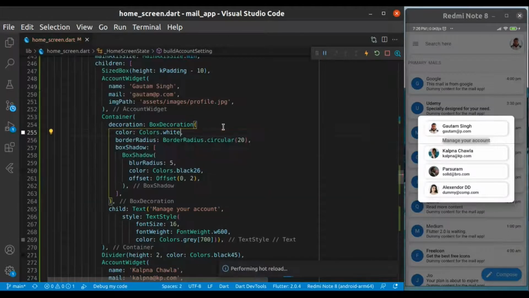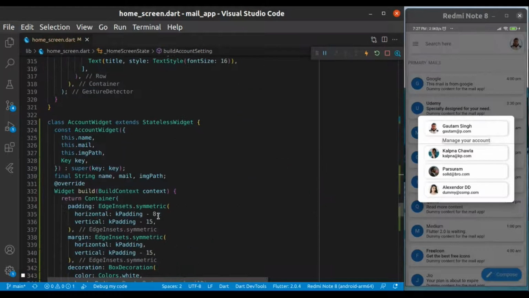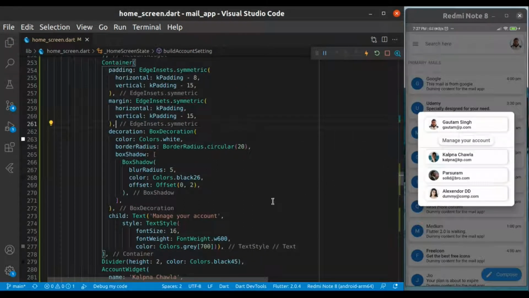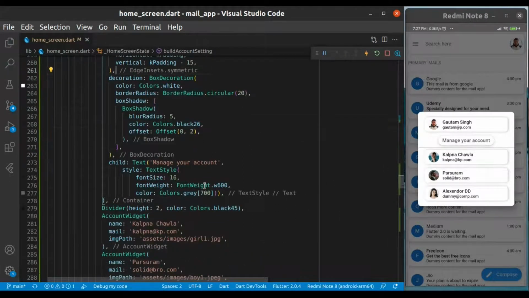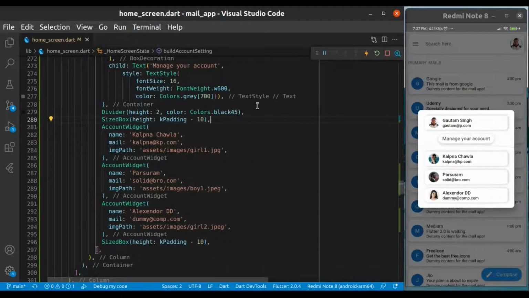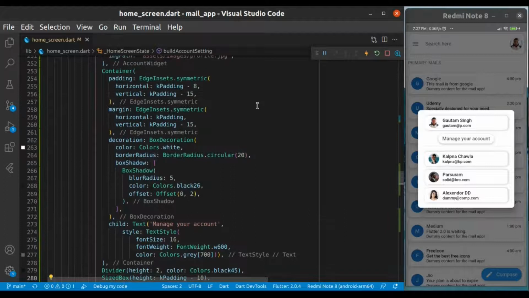Otherwise, provide some padding as well because we want to make it beautiful. Yes, it looks great. This looks amazing. And tweak values as per your need.